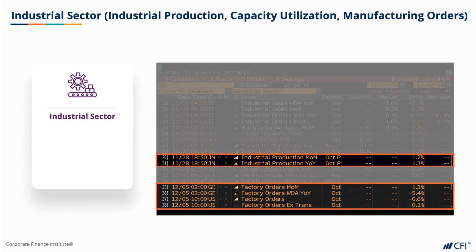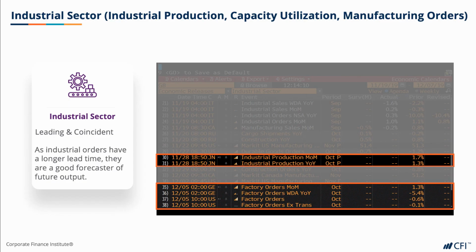So why are these important? It's because the category of indicators within the industrial sector are generally a strong leading indicator, as industrial orders have a longer lead time, so therefore it takes longer for the output to hit the system. Additionally, industrial orders tend to be larger ticket items, so the impact to an economy can be quite significant. If you think of, say, Boeing jets that are produced in the US and sent overseas, that contract value can